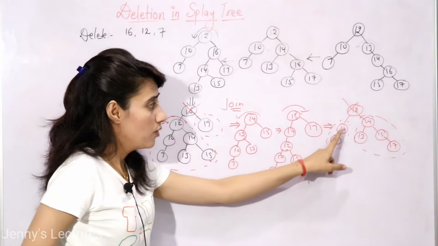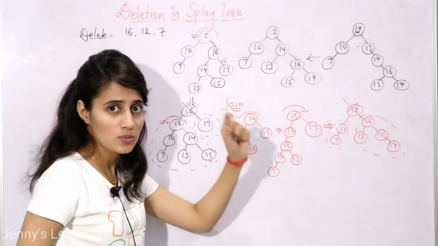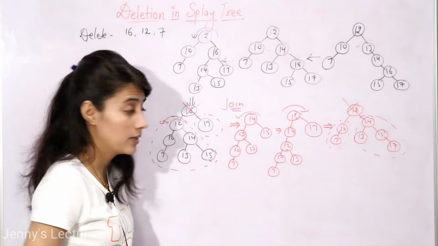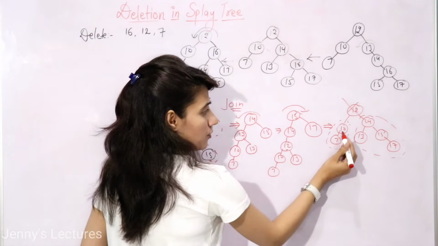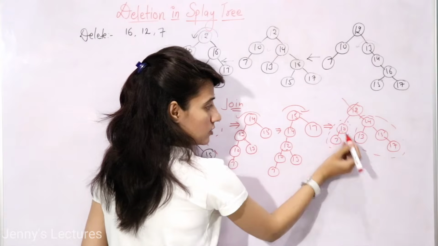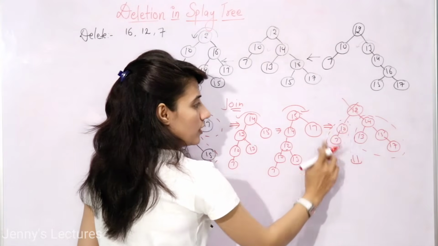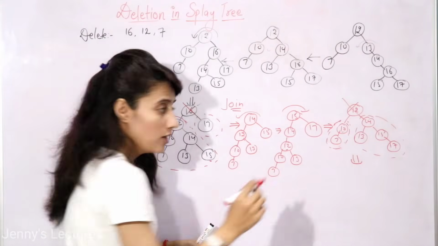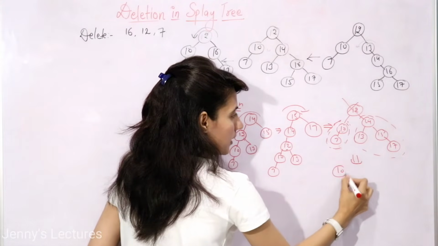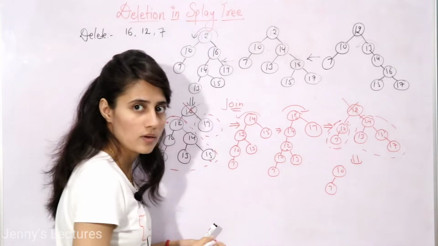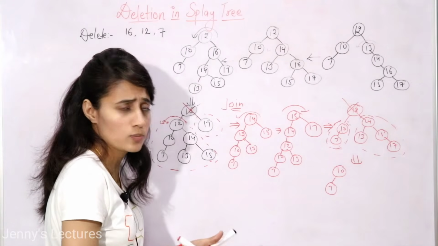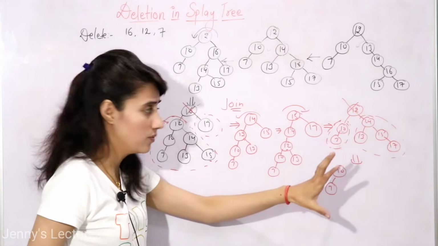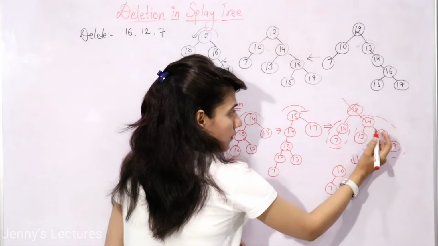First step is from the left subtree find out the maximum element and splay the tree for that maximum element, or you can say splay that maximum element. Now here the maximum element is obviously 10, so splay this 10. Now 10 is already root of this left subtree, so no need to do any splaying, right? So left subtree is same, 10 and 7, because 10 is already root, so it will return simply the address of this root. Fine. Now the right subtree is having root 14.